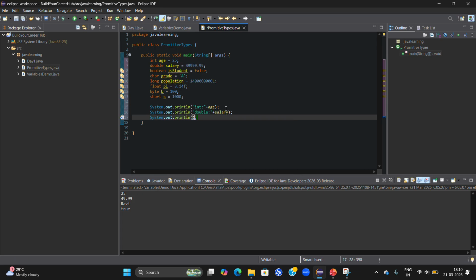System.out.println boolean plus is student. System.out.println char plus grade. I declared it as grade. So grade. System dot out dot println